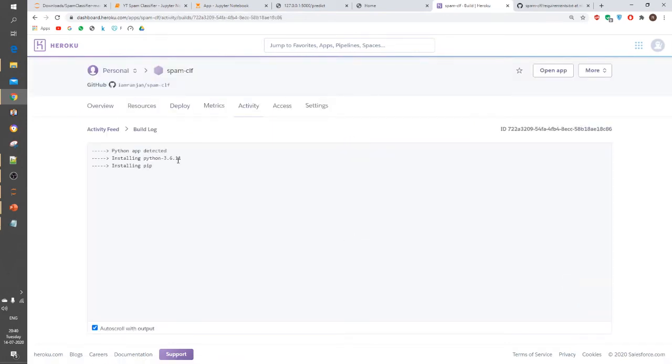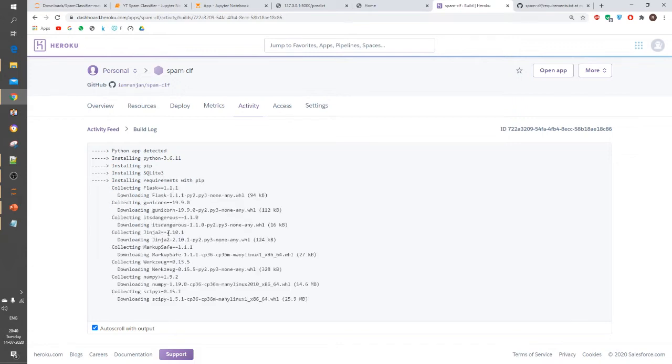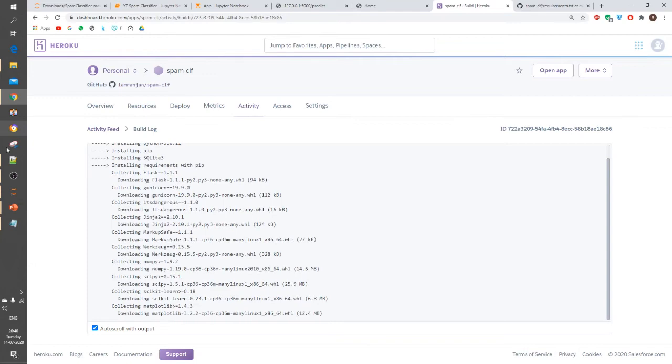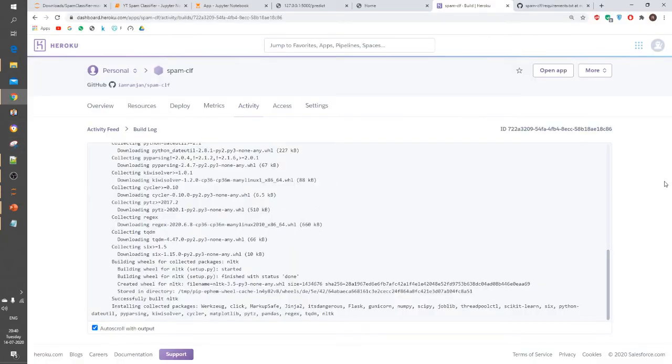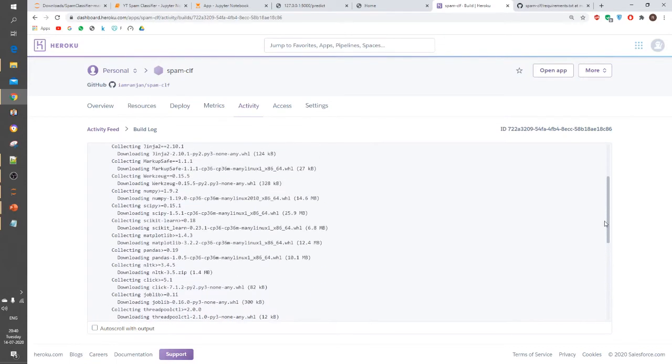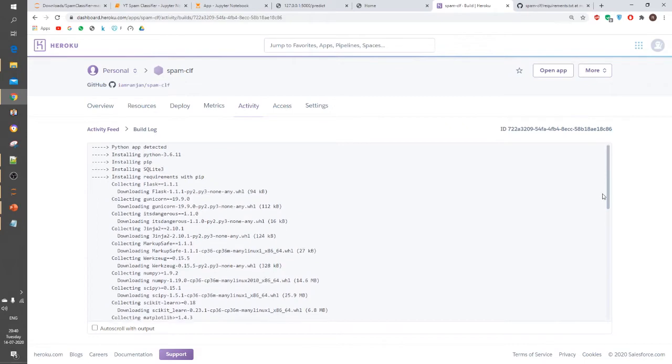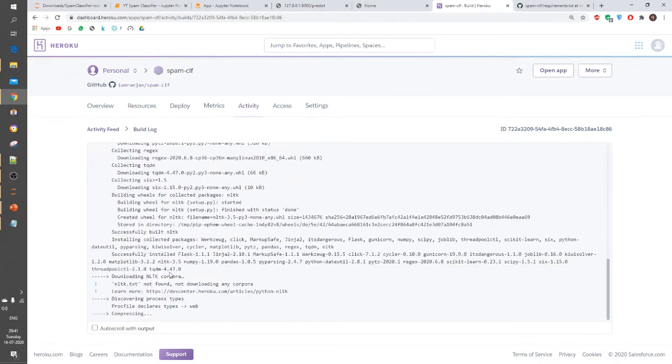Now it will start to install each and every library that we have defined in the requirements.txt file. You will see all the libraries that I have defined in this requirements.txt file. You have to make sure that you are doing this in a virtual environment, because if you are not, it will install all the libraries that you have already installed for other programs. We have to check if we are getting any error or not, because it sometimes gives an error for NLTK. You will see that it is giving me an error that nltk.txt is not found.